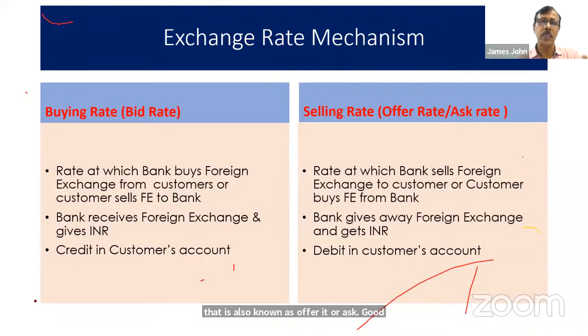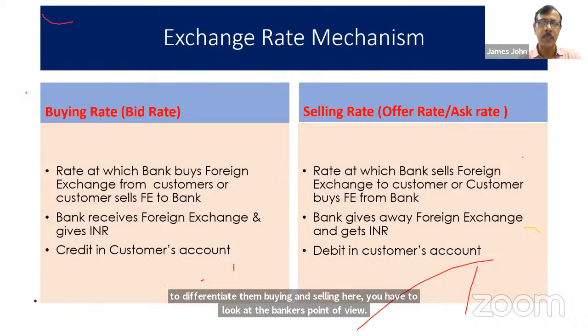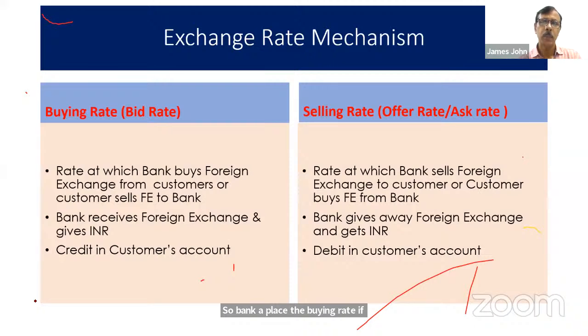Now, how to differentiate a buying and a selling? Here, you have to look at the banker's point of view. So the bank applies the buying rate if the bank buys foreign exchange. Bank buys foreign exchange means the bank buys a foreign currency from the customer. If the bank is selling to the customer, it is a sale. Is it clear? So when the bank gets foreign exchange, it is a buying transaction. Or when the customer gives foreign exchange to the bank and in turn gets Indian rupee, it is a buying transaction